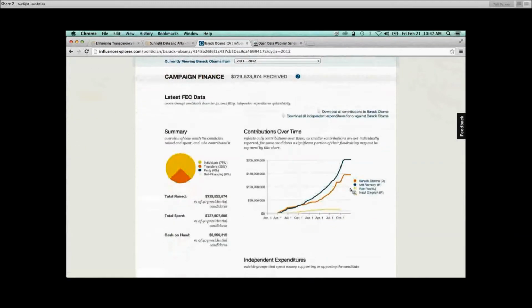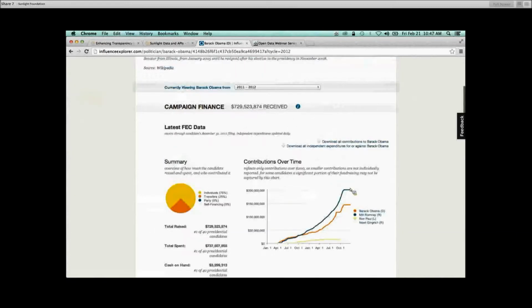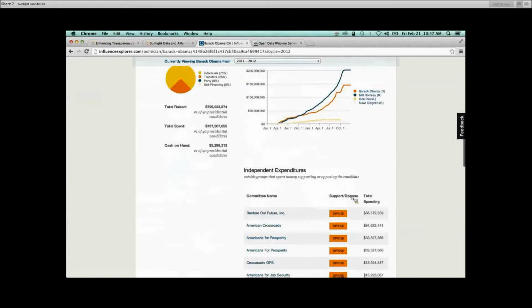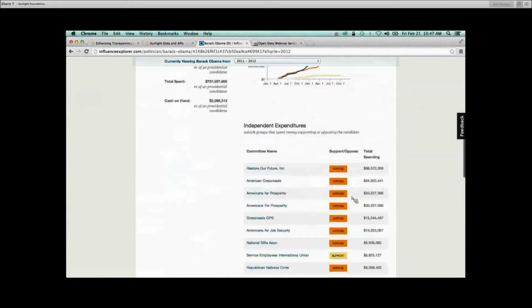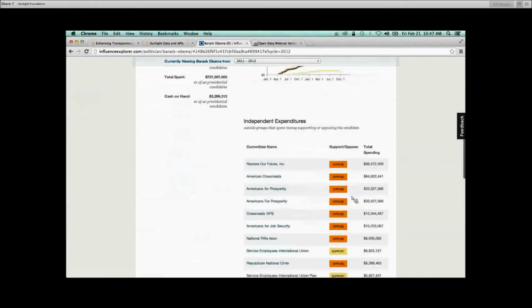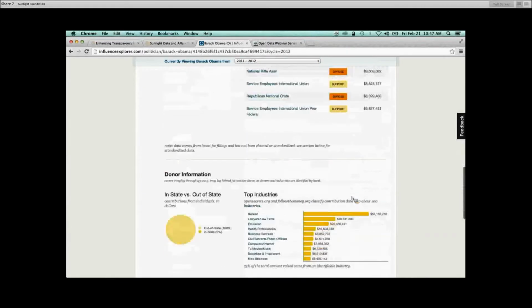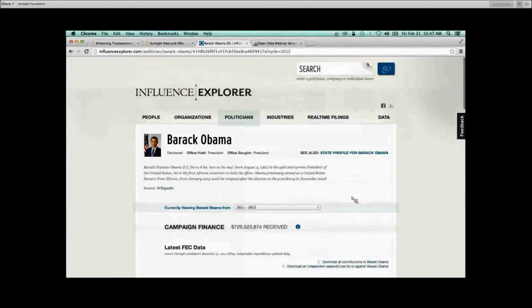And for the different periods, there's also additional information. So what we are trying to do is also archive the view from 2011 to 2012 with independent expenditure data and other information as well. So this is just an example of how in the United States we do the campaign finance portal in terms of aggregating the information on the federal and state level.